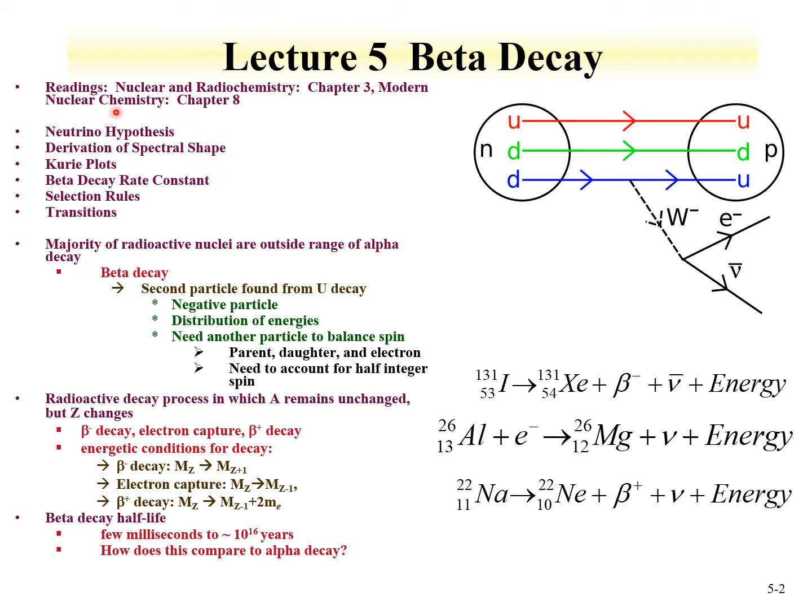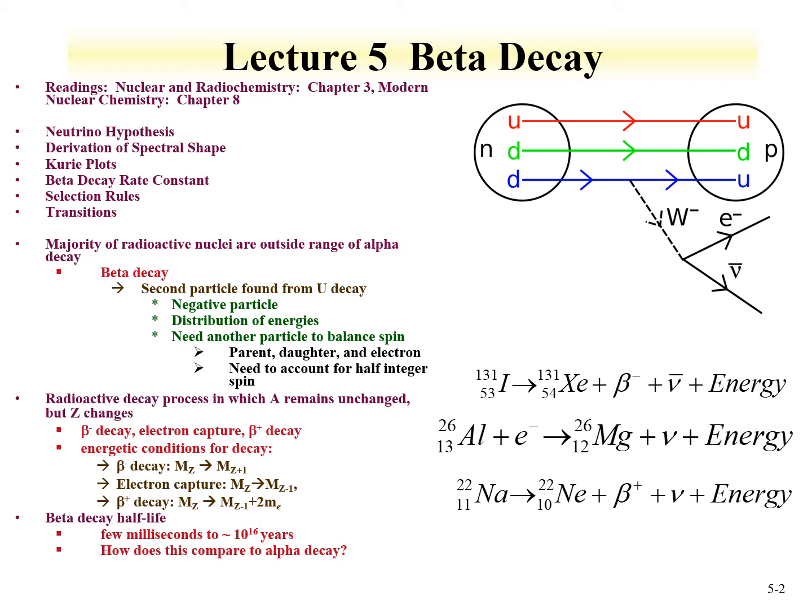We're going to talk about spectral shape and what information can be derived from that. We're going to introduce something called Kurie plots, which is a way of evaluating data to understand what sort of transitions occur. We're going to talk about equations that are used to derive the beta decay rate constants. We can use this information, since a rate constant can be measured, to understand some of the properties of the